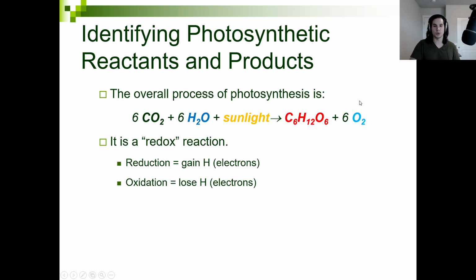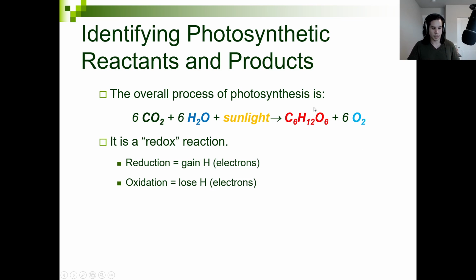We broke down that sugar into carbon dioxide, and we also had water as a byproduct. Now, when we look at the reaction of photosynthesis, we're doing the inverse. We're taking 6CO2 plus 6H2O plus sunlight to make that sugar, C6H12O6,